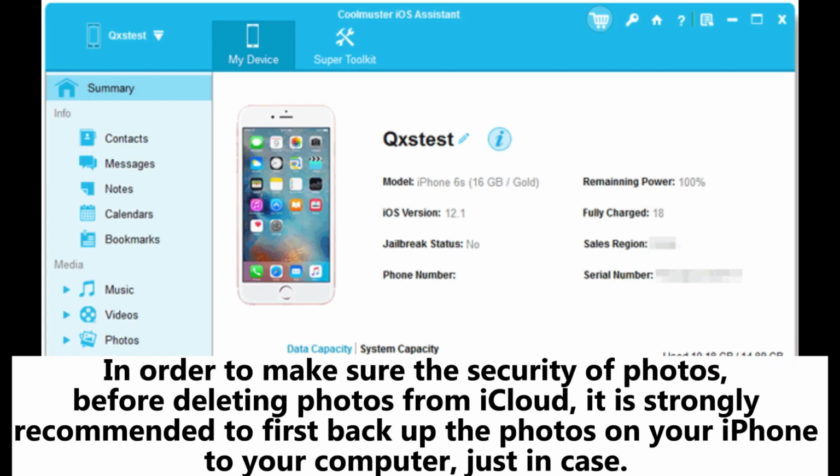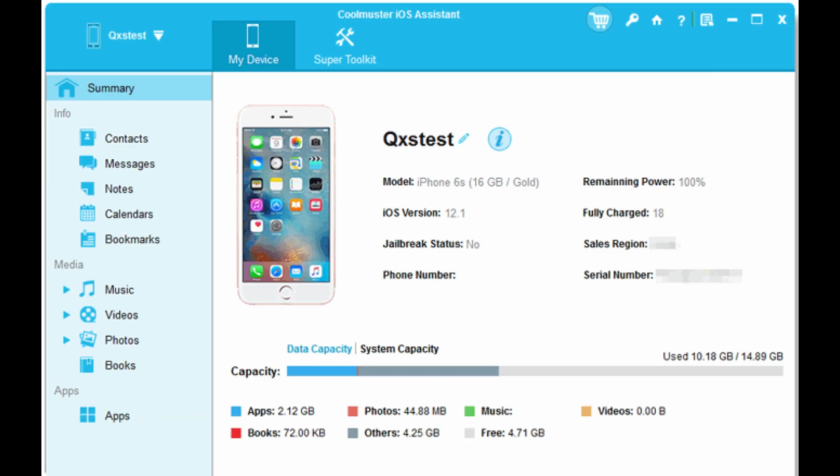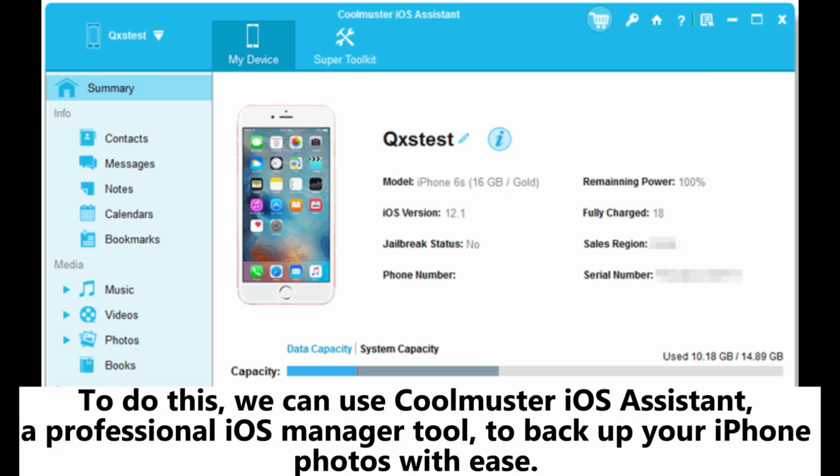In order to make sure the security of photos, before deleting photos from iCloud, it is strongly recommended to first back up the photos on your iPhone to your computer, just in case. After that, you can delete photos from iCloud without affecting the photos on your iPhone. To do this, we can use Coolmuster iOS Assistant, a professional iOS manager tool, to back up your iPhone photos